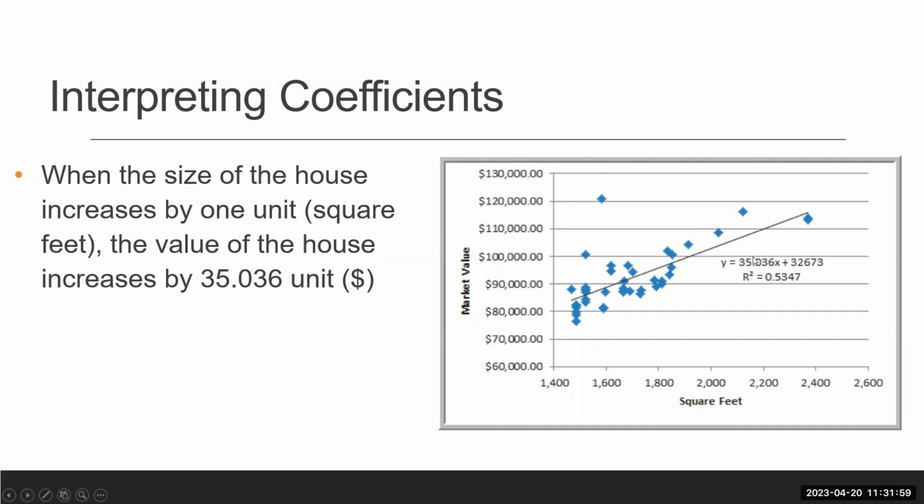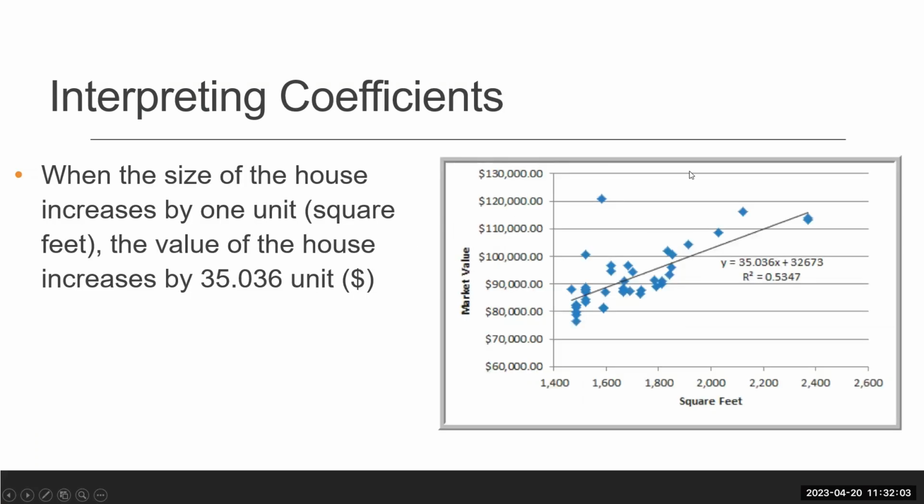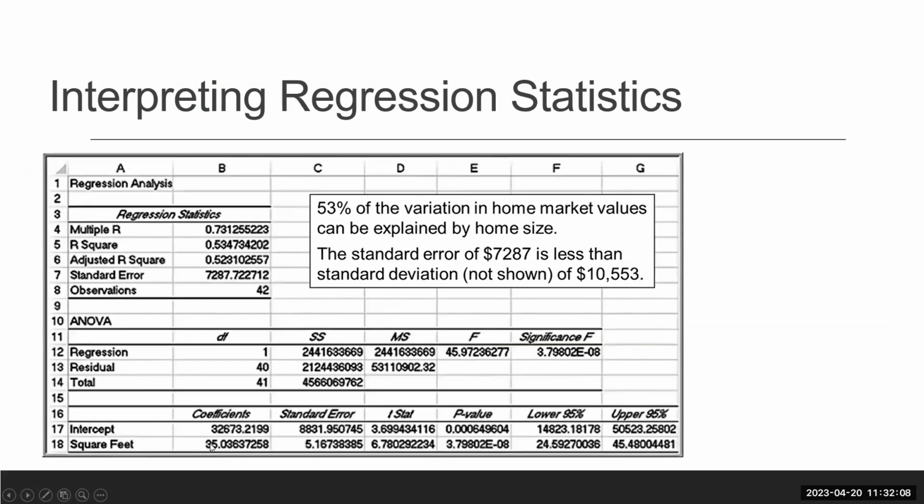See that term there, that coefficient, 35.036. Over here, see how it says square feet coefficient, 35.0363. So for every 1 unit of square feet, the house price shifts by 35.036